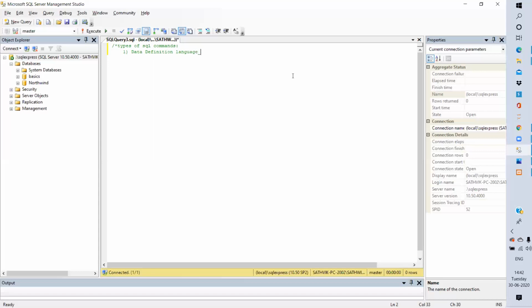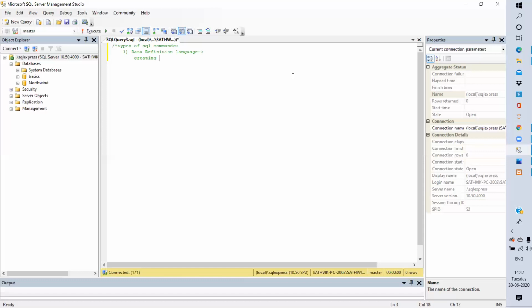In data definition language, we have commands like creating tables, creating indexes, creating views, and remaining stuff, which we are going to discuss in further videos, right? And altering tables and remaining stuff.